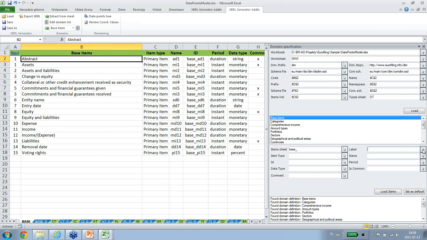So first of all, I start with label. So the second column actually defines labels. They then identify what type of item is it. Is it a primary item or an explicit dimension or a member? Then I need to identify what is the name of the item. So it's the XBRL schema element name, the ID, period type, so instant or duration, data type according to our list, which you can of course extend,